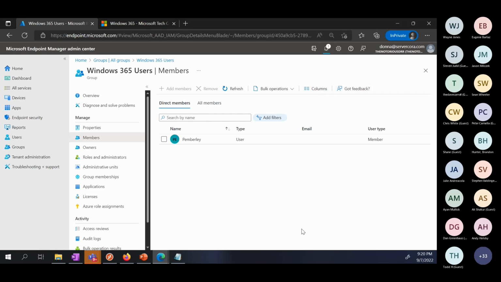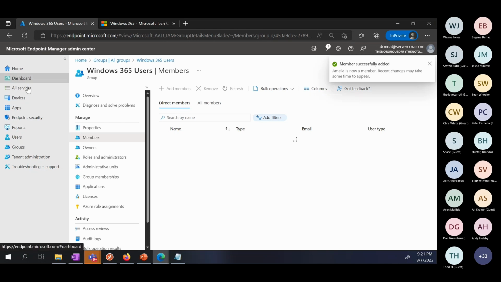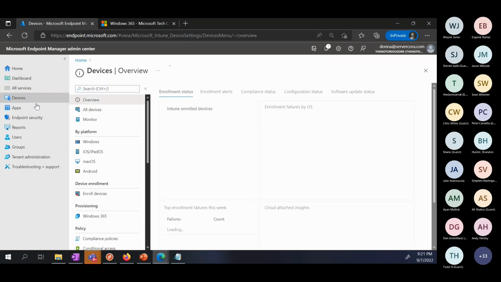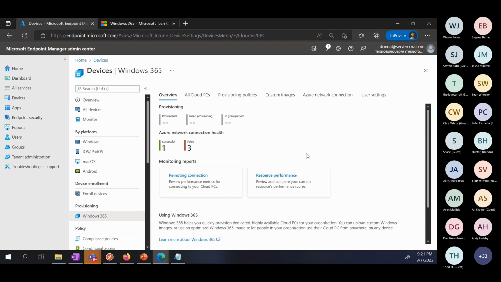Members, add a member. And when she gets added to the group, it shouldn't take too long. All right. So now at this point, we need to have Intune bake a bit.